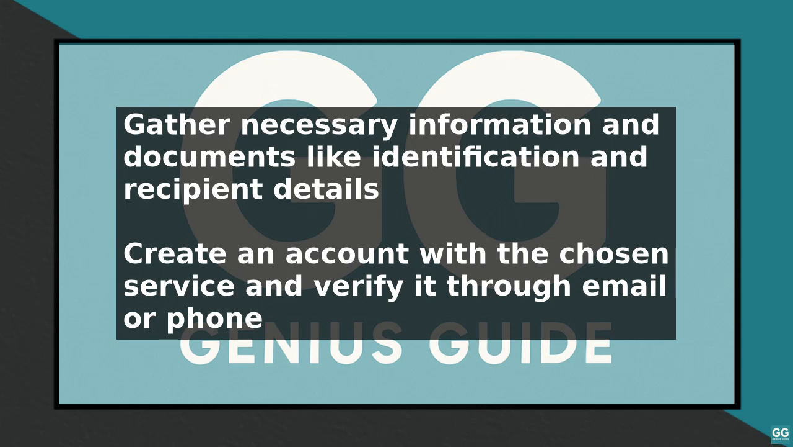Once you have chosen a service, the next step is to gather the necessary information and documents. This typically includes your identification, the recipient's name and address, and their bank account details if you are transferring money directly to their account. You then need to create an account with the chosen service if you do not already have one. This usually involves providing personal and identification details, and in some cases, verifying your account through a confirmation